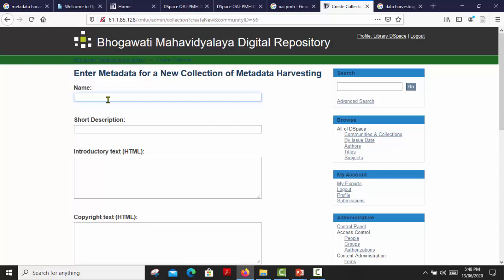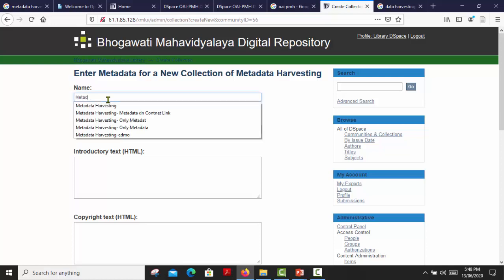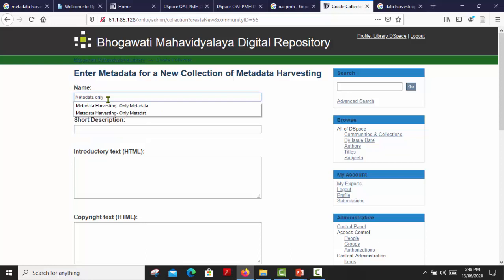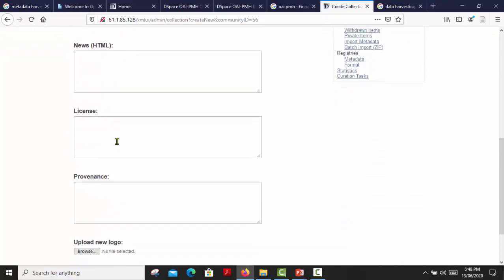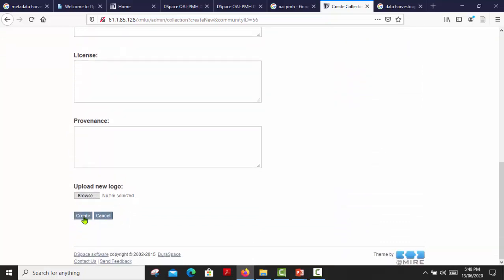So first I am creating a collection named metadata only. I have created a collection named metadata only. Here I am harvesting only metadata. Again I am not filling in the introductory and copyright fields. I am just creating a collection. Click the create button.